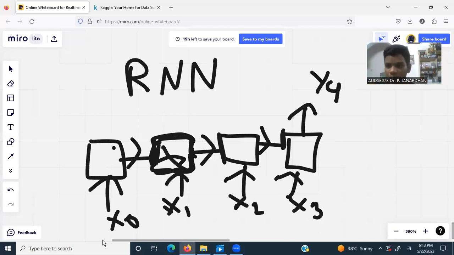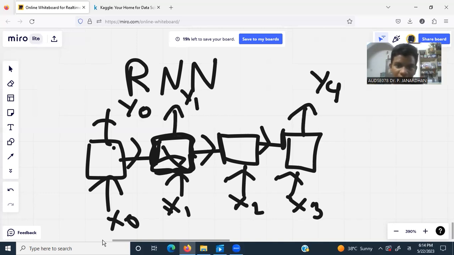So this is a many to one problem. We'll have many inputs, many values, and then we are going to predict the next value. In the case of stock price prediction, let's say we want to predict the next value, the literal next value. In the case of stock price prediction, we are going to have an output. So you can also have this